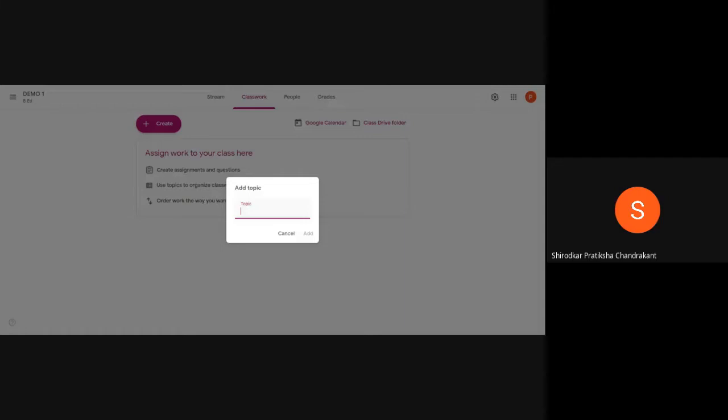And I want to create units in the classroom similar to the way I have in my syllabus. So if I have 4 units in my syllabus, I can either type the name of the units or I can just type unit 1, unit 2, unit 3, unit 4 likewise. So for example, I'll type unit 1 and I'll add the topic.